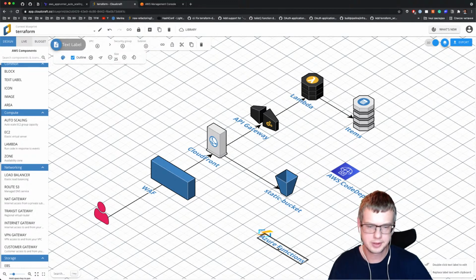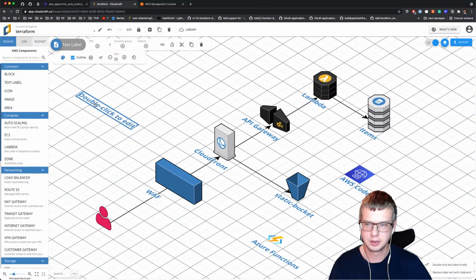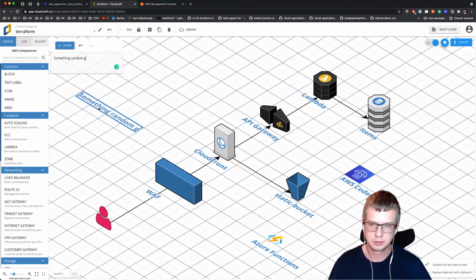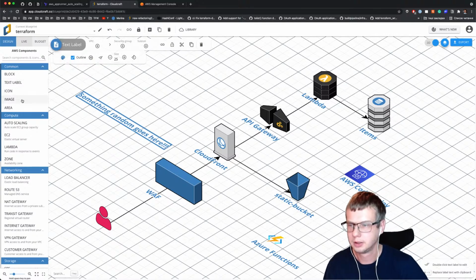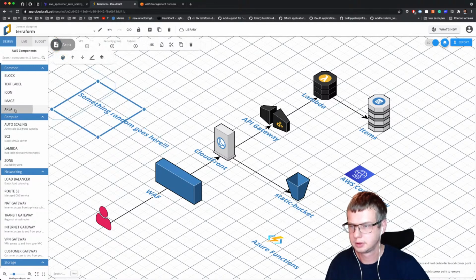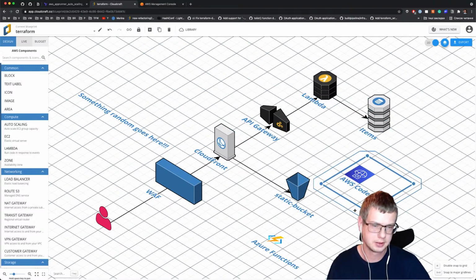So again, the reason for this diagram is to show some sort of information. You decide what you want to describe. Cloudcraft has options to give you things like a text label, which you can put something random here. You can also put frames like this,